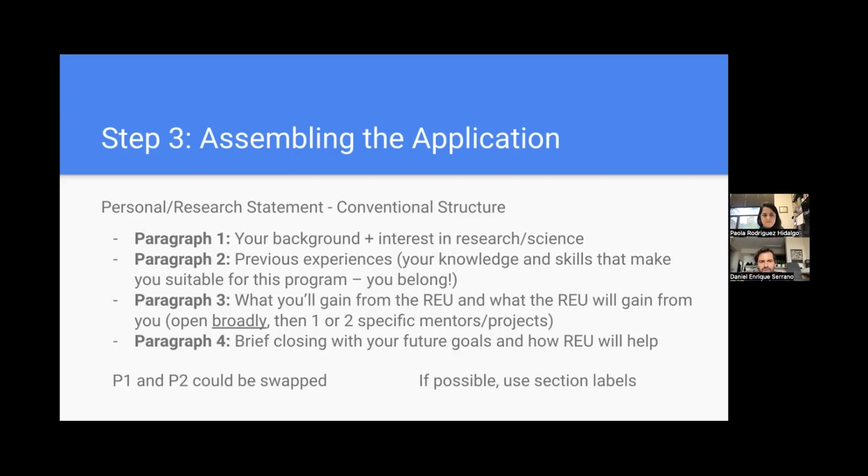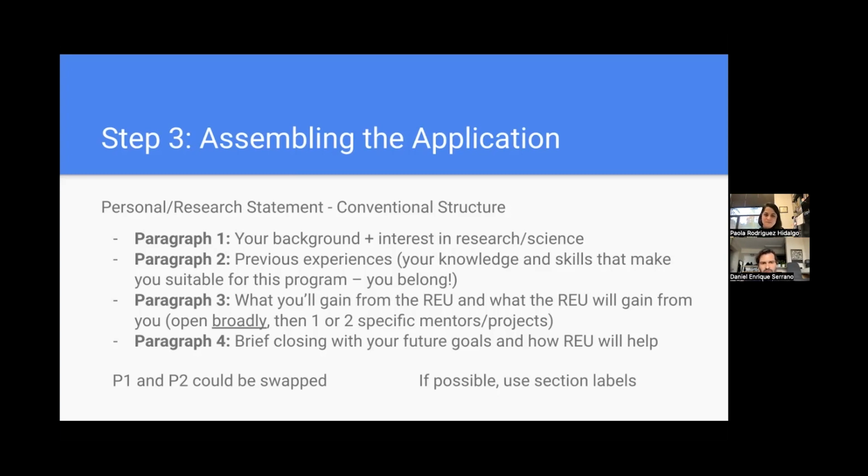So the first paragraph would basically include your background and your interest in science. So how did you become interested in exploring research opportunities in a specific subfield of physics or astronomy or something like that? Then the second paragraph would talk about your previous experiences. So what knowledge and skills have you gained already? And like we were saying, that doesn't necessarily mean only internships. It can be classes that you've taken. It can be hobbies that you have. Like I was talking to someone that was interested in racing cars, and she actually worked with racing cars, and that's how she gained some skills in machine shop stuff, right?